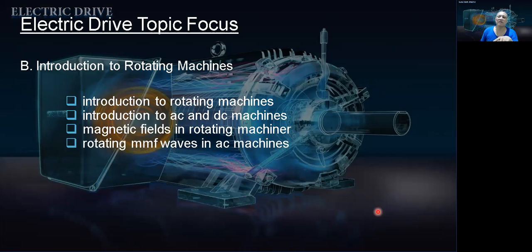And then rotating MMF waves in AC machines. You see, when we have a multi-phase, then it can create a rotating MMF, rotating magnetomotive force, rotating field. So if we have different phases, multi-phase, just like your washing machine at home, you turn